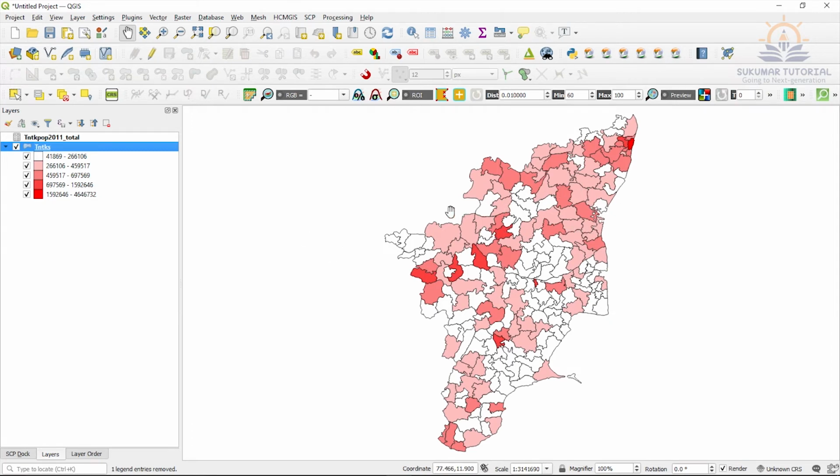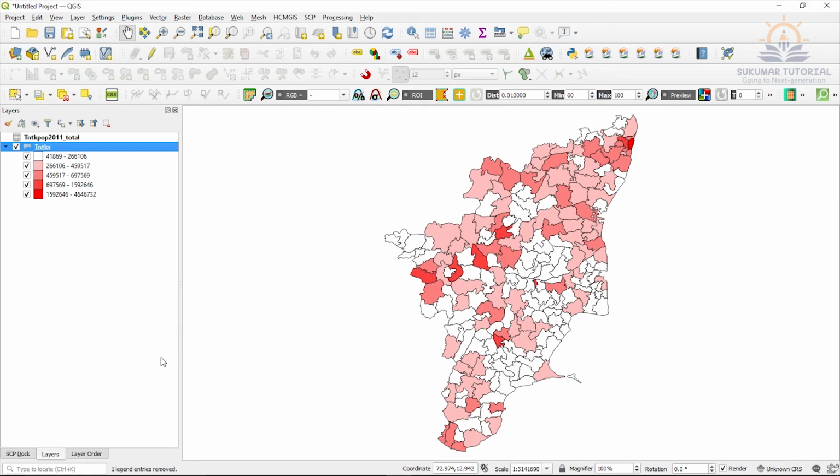See, now you can see it shows the concentration of high population taluk wise. See, Chennai, Tiruvallur, Poonamallee, that side has got high population. Then you got Coimbatore, this side Salem, then again Madurai, and all the rest of the area has low population. So this is a choropleth method. You can create thematic maps like this.